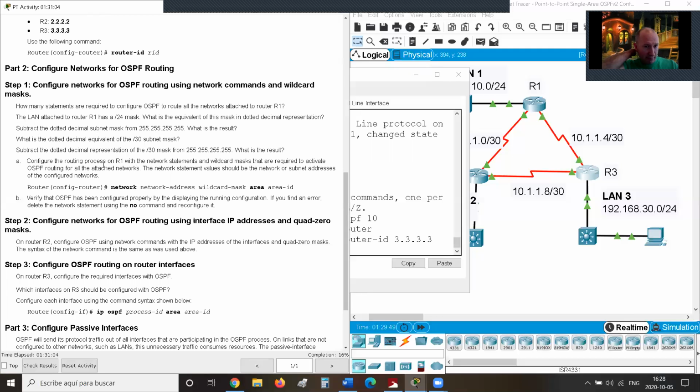It talks about using wildcard masks. We'll see that we can get away with not specifying the wildcard mask. If we put in the address of the interface and then all 0s for the wildcard mask, OSPF will find that interface and will use that network and advertise it using OSPF. So we'll see that there's a few different ways that we can do this, but the first way that we're going to do it